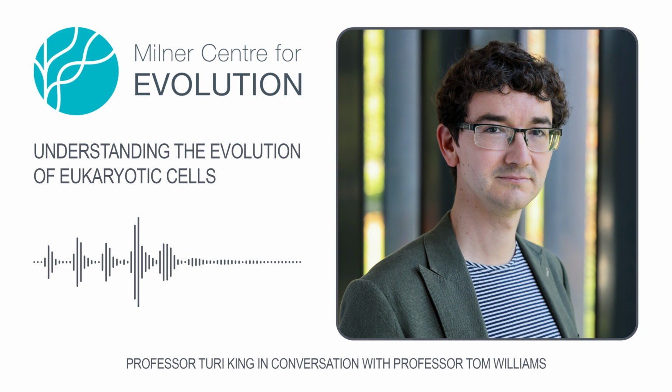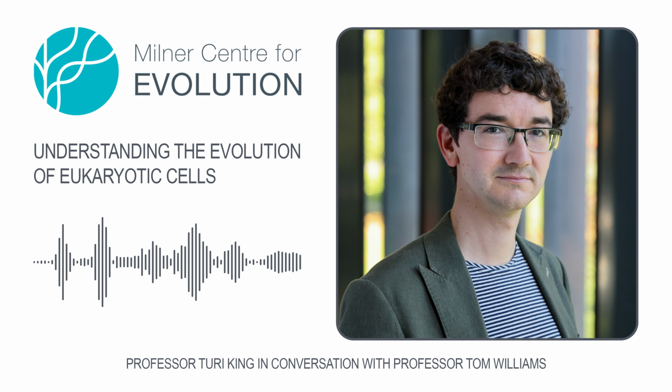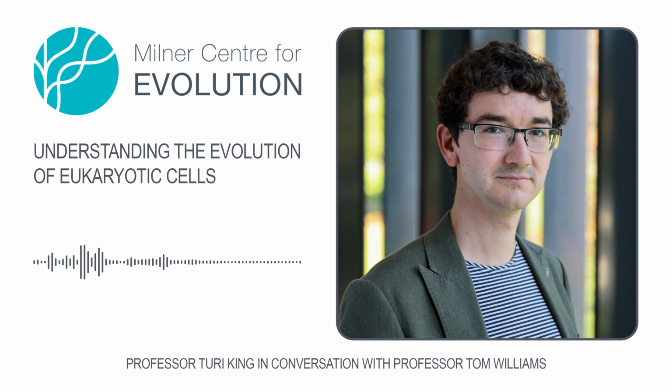So the starting point would be a single gene in an ancestral organism which encodes some particular function. Let's say maybe it's encoding one of the polymers that's involved in making the cytoskeleton. The idea is that if you've just got a single gene that's playing an important role in an organism, it doesn't really have the scope to evolve because it's got to keep playing that important role. However, if the gene gets duplicated so that you now have two copies, and that could happen because of an error during genome replication, for example,